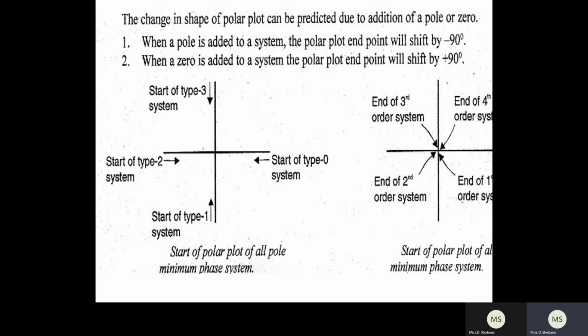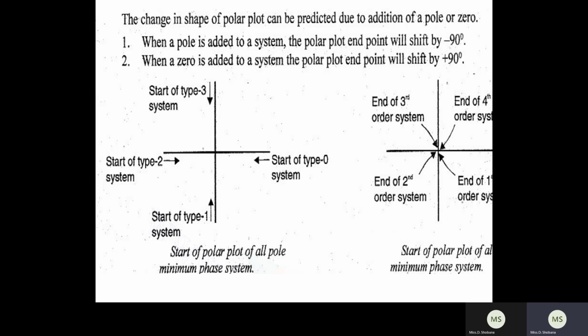Now this is the magnitude as well as the phase angle. Here you have to substitute the omega value. Omega always varies from 0 to infinity. First, substitute omega as 0. Tan inverse of 0 is nothing but 0, so the phase angle becomes 0. The magnitude becomes 1 divided by 1, which is 1. So the magnitude becomes 1 for omega equal to 0. Then substitute omega equal to infinity into the transfer function. G of j omega becomes 1 divided by infinity, which is nothing but 0. Tan inverse of infinity is nothing but 90, so minus 90.